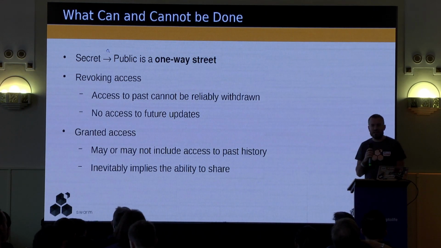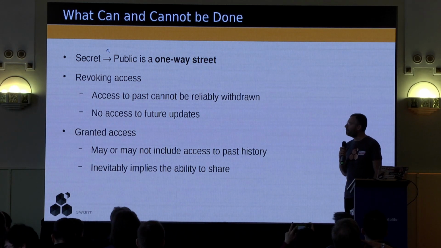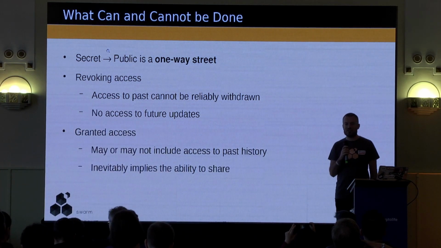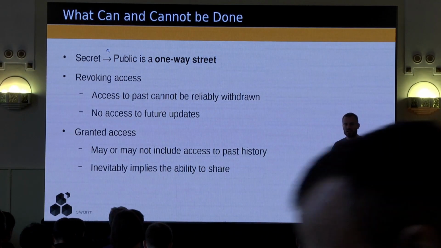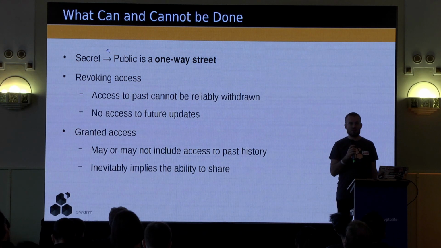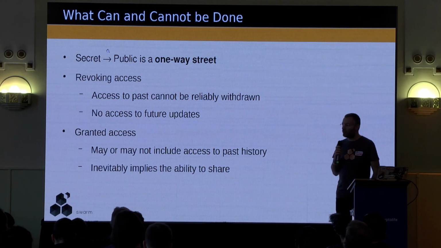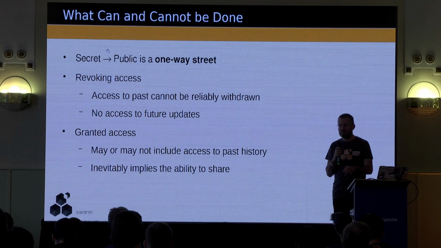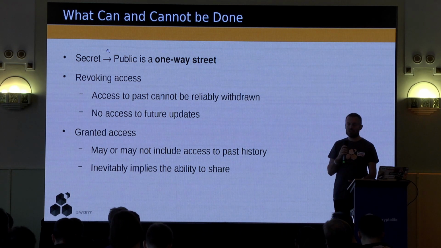Very importantly, in a decentralized system, basically the street from secret to public is a strictly one-way traffic street. And this is true both globally and locally. So if you make something public, you cannot put it back into Pandora's box, but also regarding a single entity, regarding a particular party, if you disclose something to a party, you cannot undisclose it.